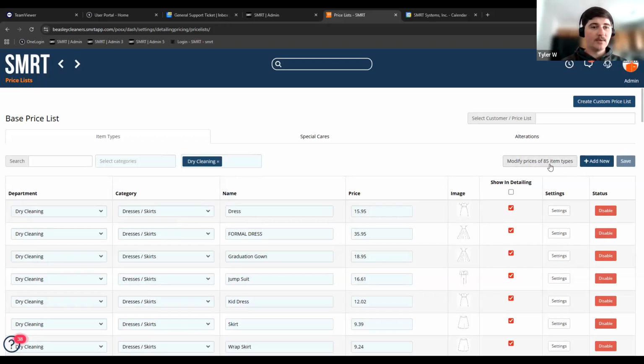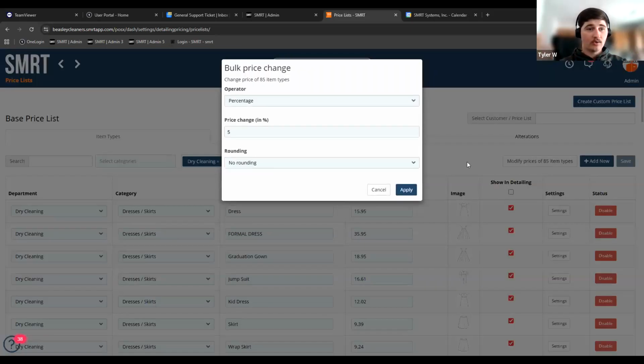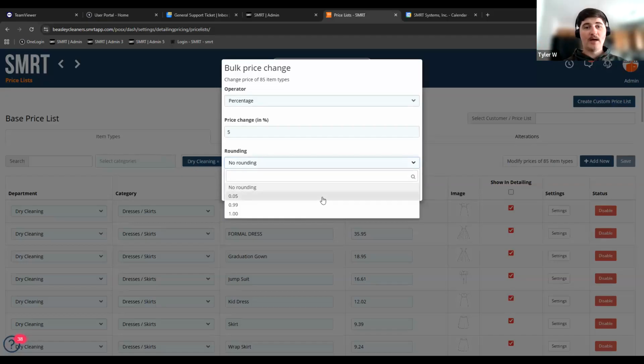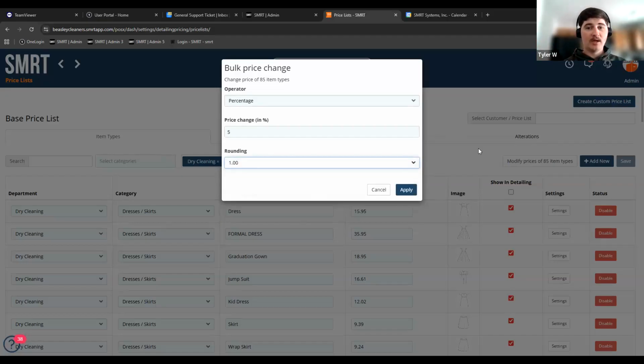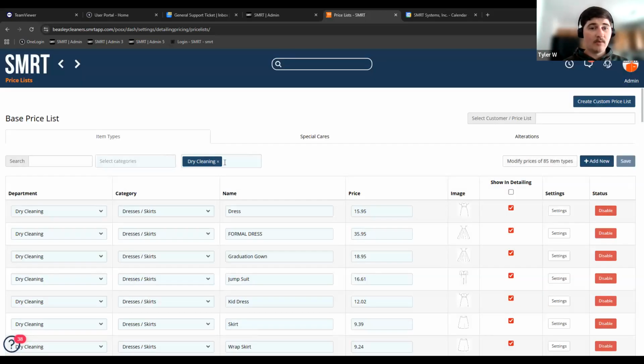So it tells you how many items you're about to modify. And then you can click that button. You can do this in bulk. And so if you're like, hey, I'm just going to raise everything by 5% and I'm going to round to the nearest dollar, I'm going to hit apply. I'm not going to hit apply. I mean, I could and then not hit save, but either way,